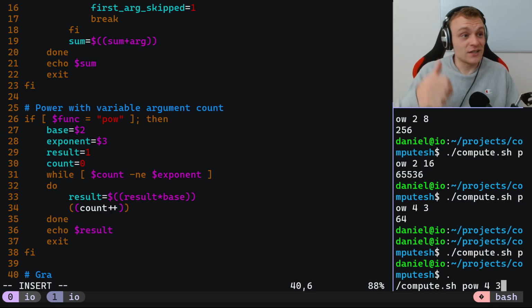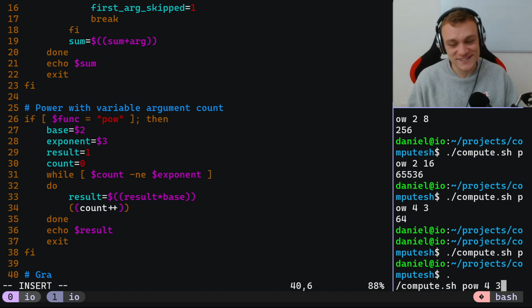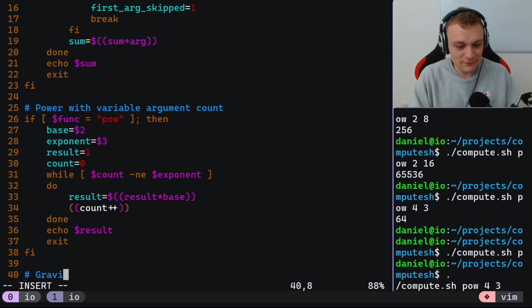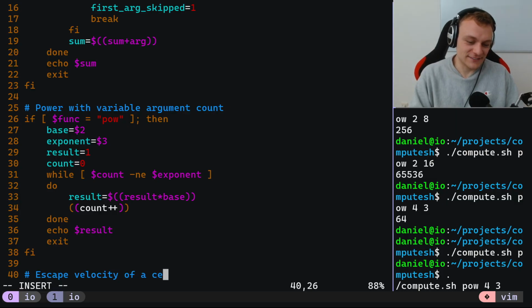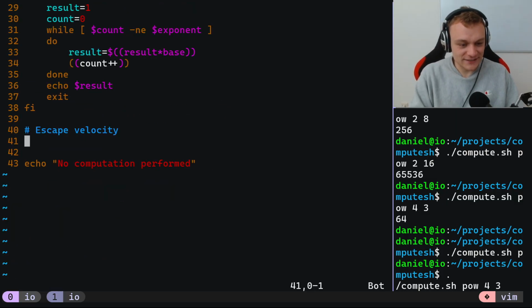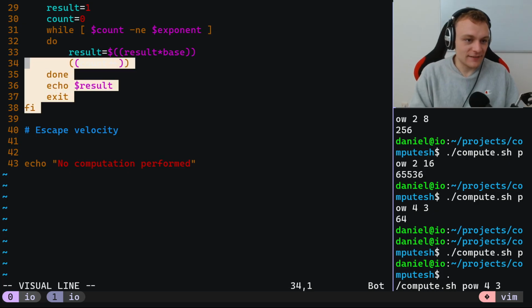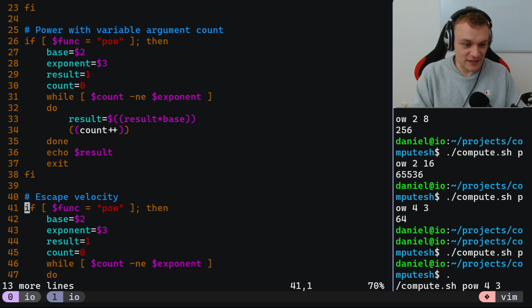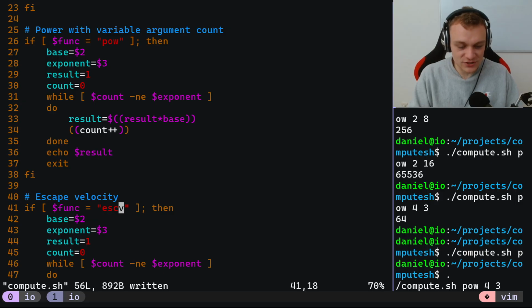It now allows summing up numbers and calculating the power of something and the escape velocity. That's the most useful script ever. But let's try. Escape velocity. Let's just put it like this. So, escape velocity. If the function's name is called esqv, which is the escape velocity,